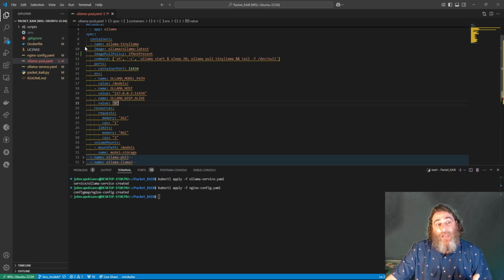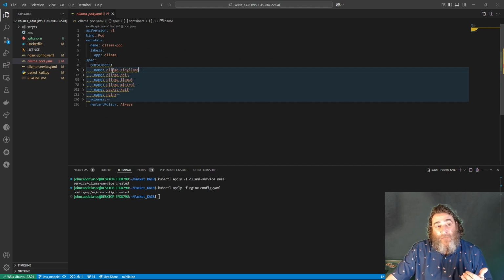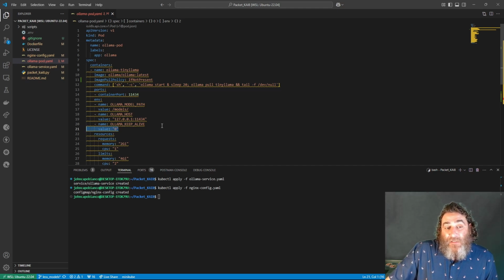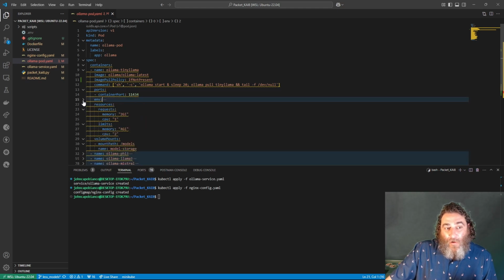However, I'm going to answer the question with Tiny Llama, and then I want to answer the question with Phi3. But if Tiny Llama is still hogging the GPU, then Phi3 is not going to have the resources to answer it. So we set a value of 0 to keep alive so that it immediately tears down after it's done its answer. All right? We're going to allocate some resources here, a little bit of memory and some CPU to this